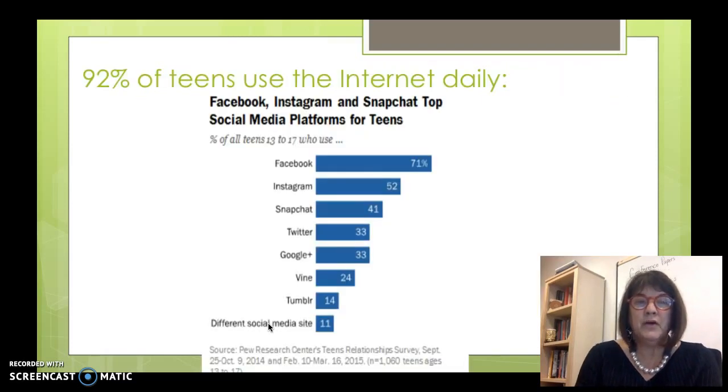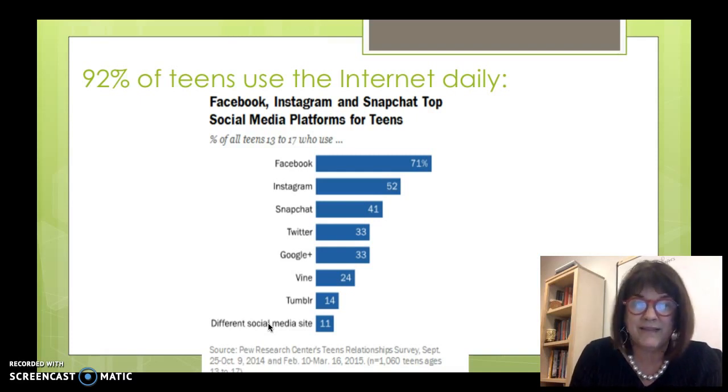Now, in terms of teen use, the latest research from Pew says that 92% of teens are using the internet daily. Here you can see the percentage of all teens 13 to 17 who use these various sites. I was surprised that kids are still using Facebook, because we always say that Facebook is for old people. At least that's what my 16-year-old son says.